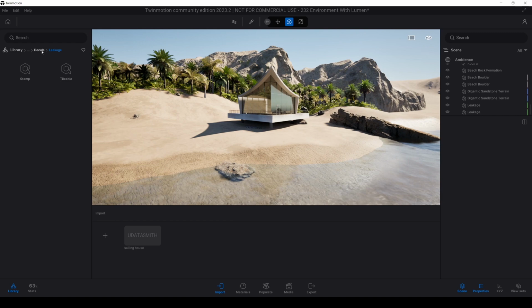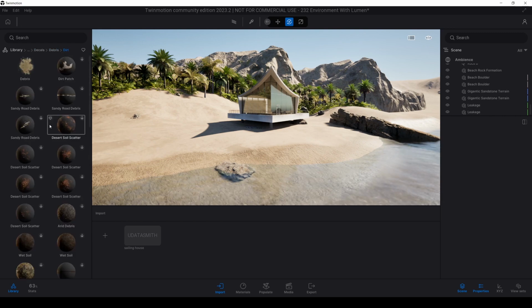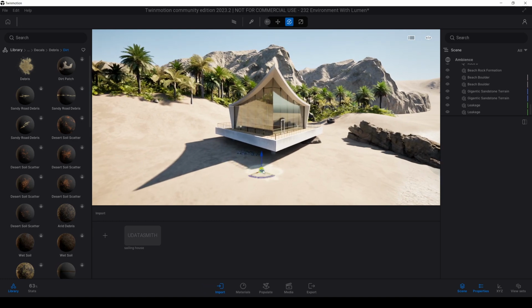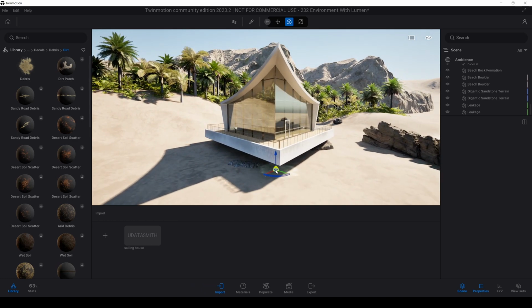Now let's try debris, dirt, and let's try this debris. Maybe here.